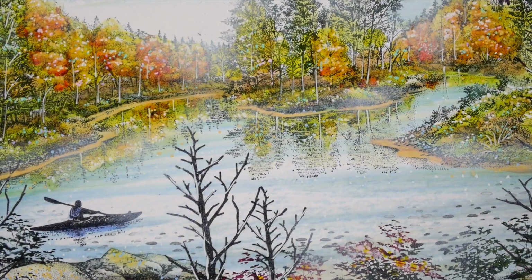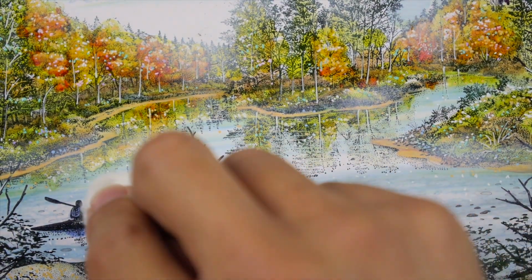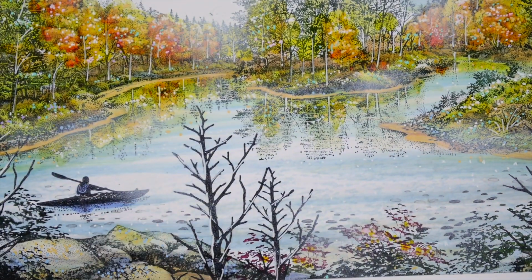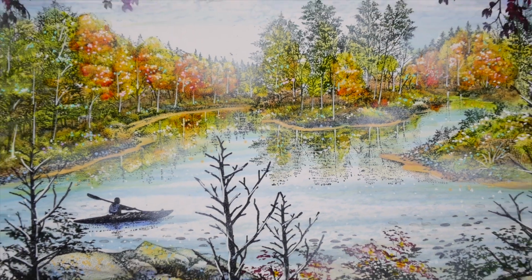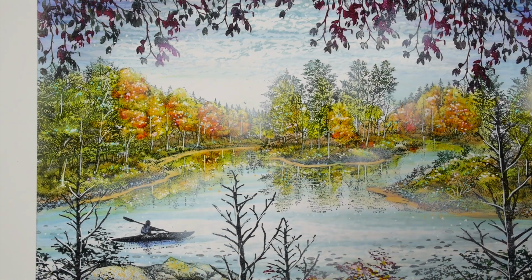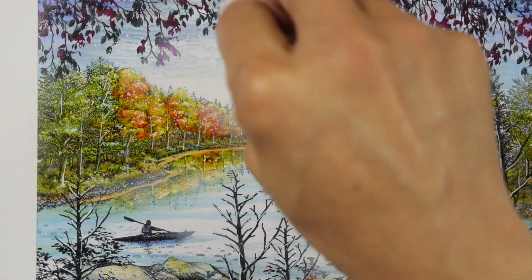right, I think that is about right. I kind of like that kayaker a little bit, and a little bit of that soft lighting right at the front of the kayak. But there we go. See that kind of little oscillation between